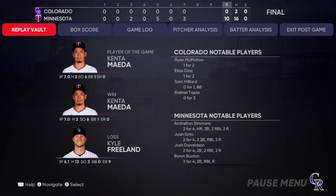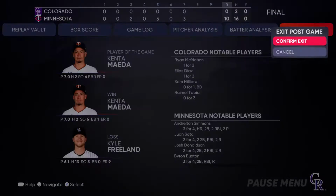The final line score for our ball game tonight: